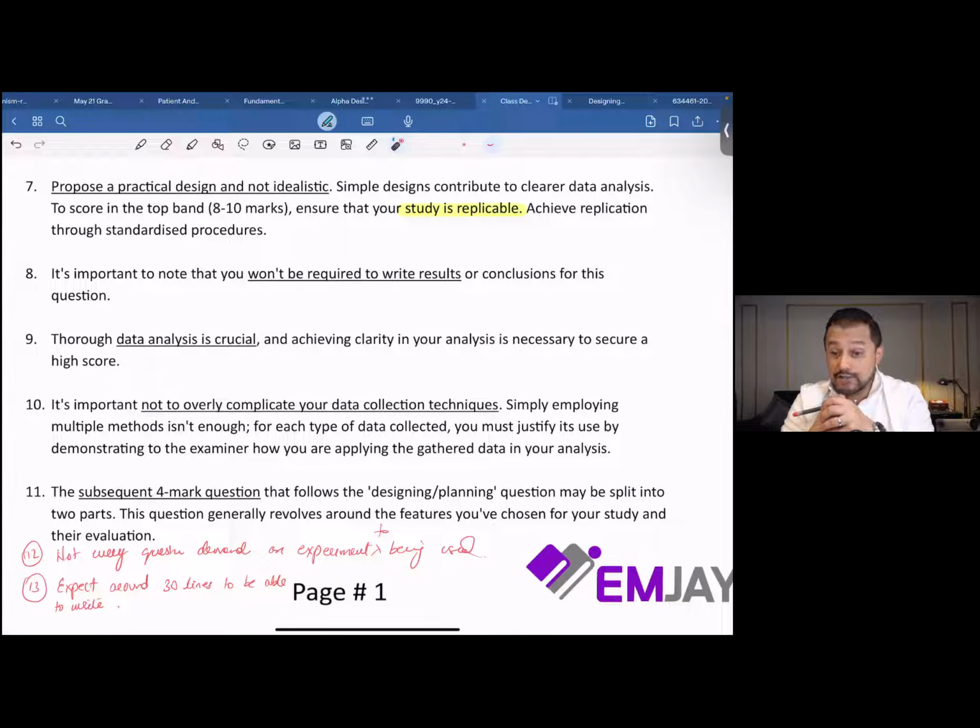Unnecessary independent and dependent variables have been found in many scripts while checking your papers. The 13th point: expect around 30 lines to write. So this is a 10-mark question. Typically, if we speak about other questions in paper 1 and paper 2 both, except the paper 1 last question, that is the evaluative question,